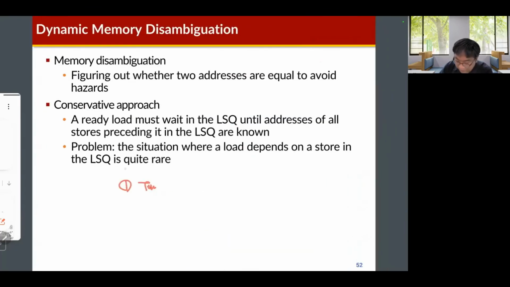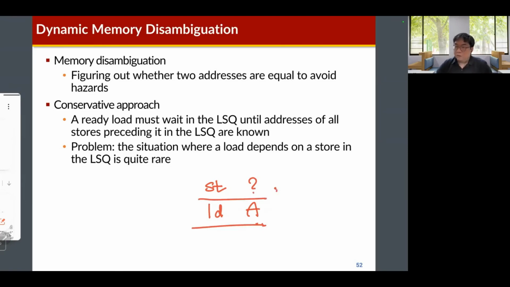And then let's see the memory disambiguation. So what does that mean? Memory disambiguation means, it's like this. This is the store instruction and this is the load instruction. The load instruction tries to access the data with the address A. But for this store instruction, we don't know the address. I already explained this situation in the Tomasulo algorithm. So in this case,